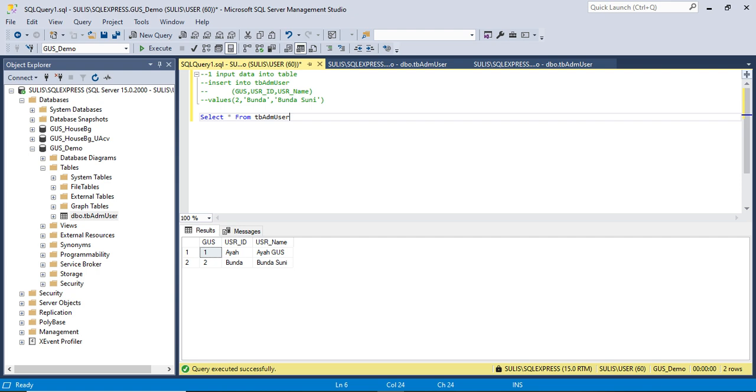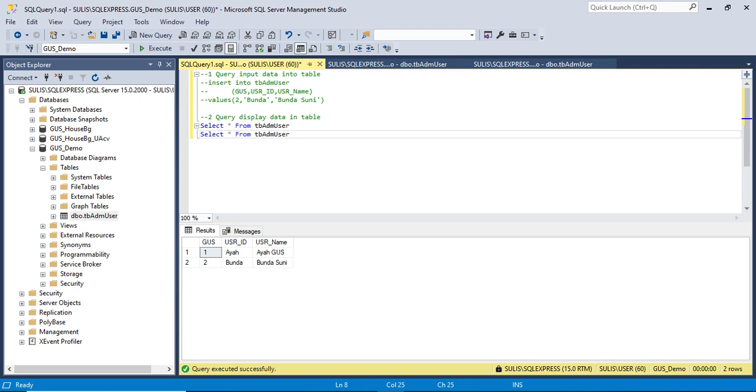You see? This is the query to input data. And this query displays data. What if I want to display only a defined row?